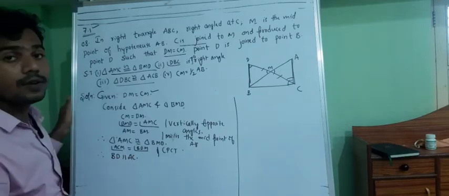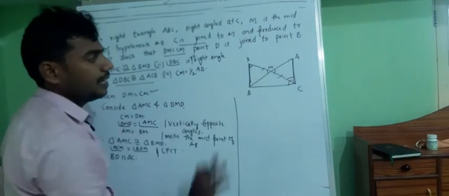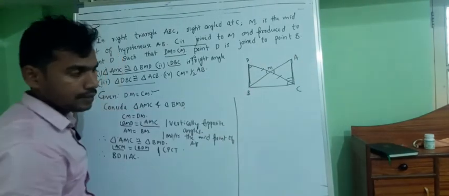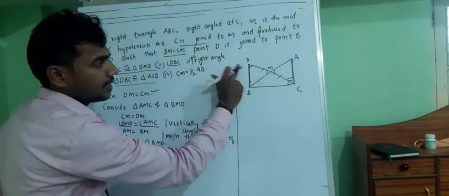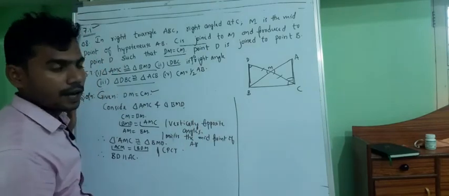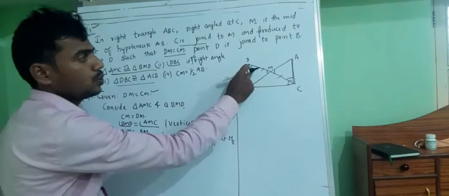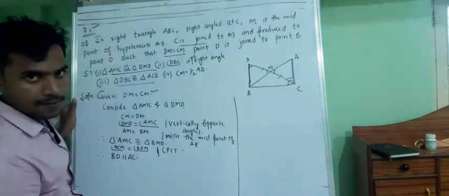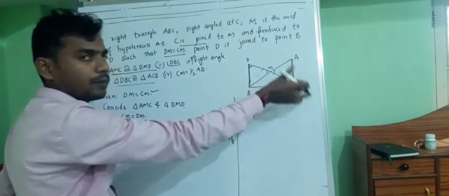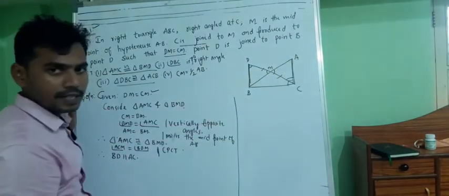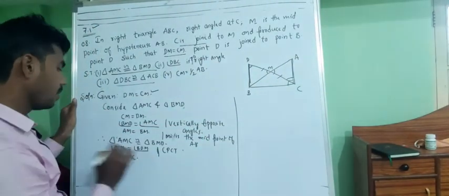Why is BD parallel to AC? Because CD is a transversal. If I take BD and AC as two lines, DC is intersecting two lines at two distinct points, then DC will be a transversal, and these two will be alternate interior angles, and if they are equal, by the converse of the axiom, BD will be parallel to AC. Okay, that only I have written.